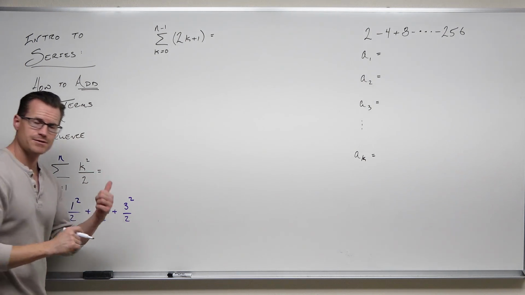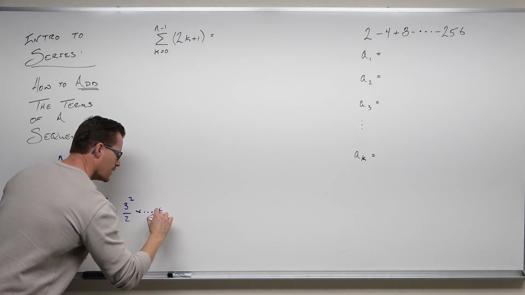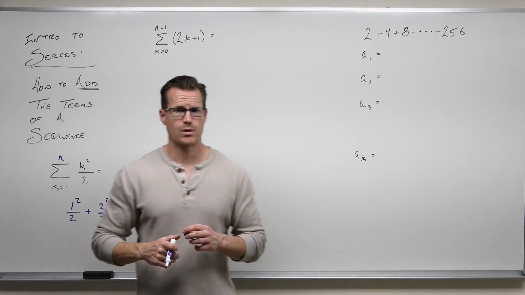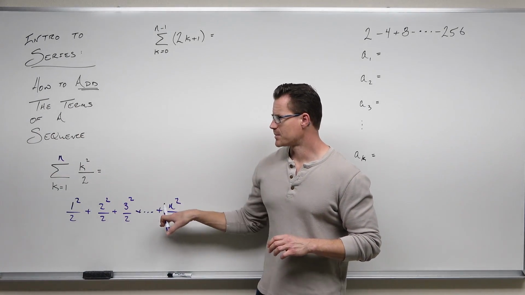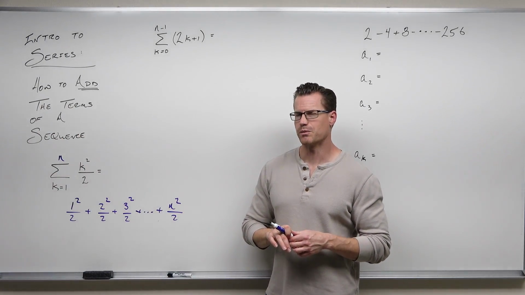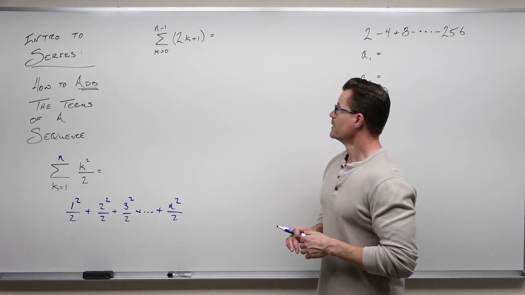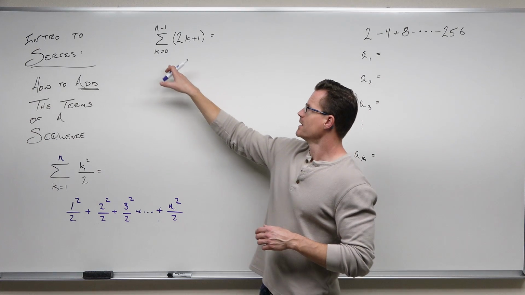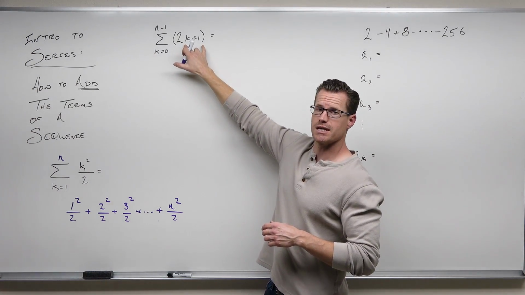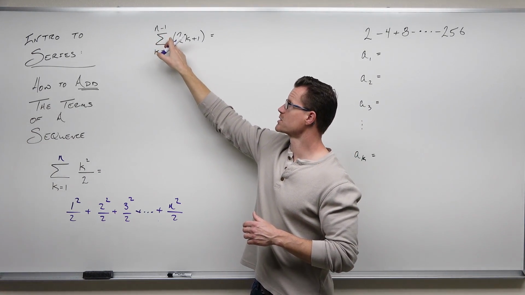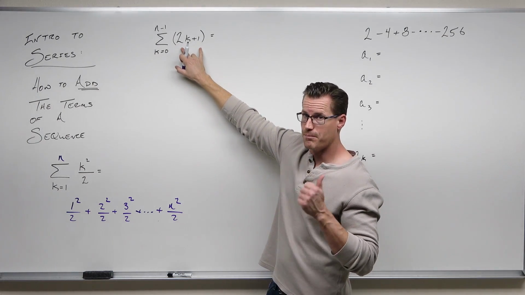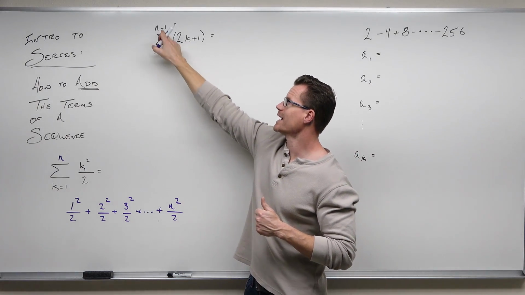If this was left as n, we would have to show that we continue until we reach whatever that number is. That's an important step to do for a proof by induction when we finally get there. Okay, let's do one that looks a little bit more complicated. It's not going to be all that bad. This says that here's your series, here's the sequence on which this is built. So you're summing or adding the terms of this sequence by starting at 0 and ending at n minus 1.